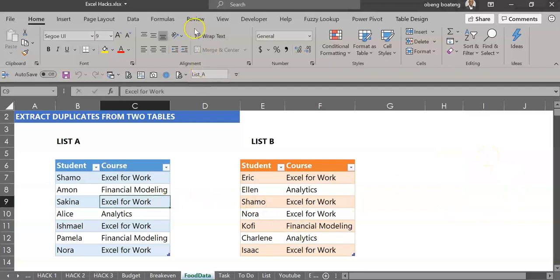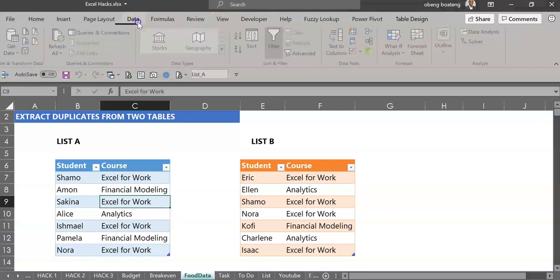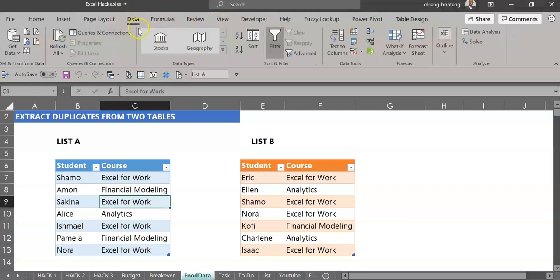This is an add-in if you are using Excel 2013, but if you are using 2016 and beyond, it's located under Data, and you find the Power Query menu under the Get and Transform Data and Queries and Connections. So basically what we are going to do is to load these two tables as queries and then merge them to get the duplicates. So the first thing you need to do is to stand in the first table, and